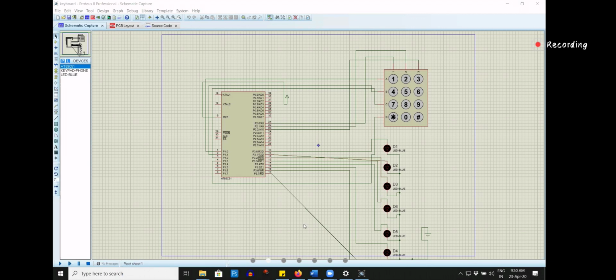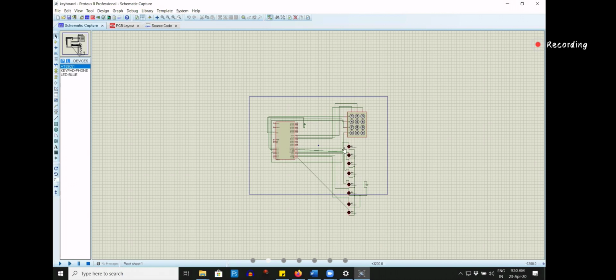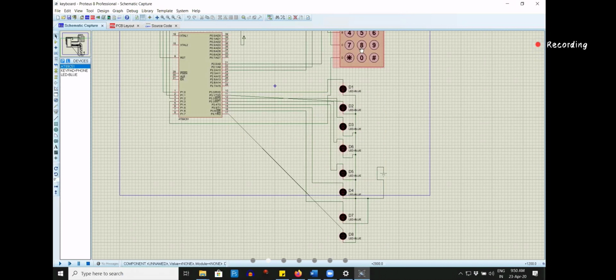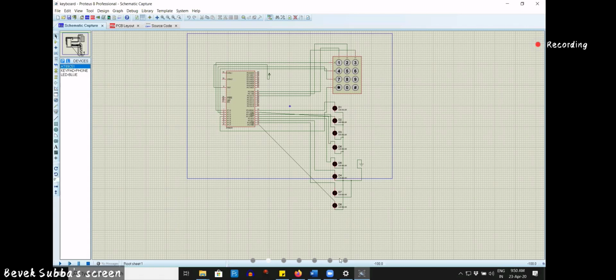There are 8 LEDs actually, Analu. See, there are 8 LEDs. Why 8 LEDs? Because each character has an ASCII value of 8 bits. It will be shown in hexadecimal, but it will be of 8 bits. So the lower 4 will be for the lower nibble, the upper 4 will be for the higher nibble. So we'll see in a while how we do this. Okay. So coming back to the program.